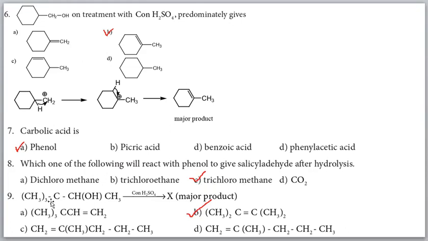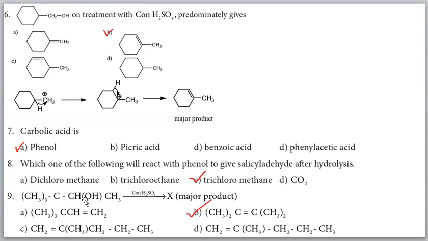Okay, then you see this compound, one organic compound, an alcohol is given, concentrated sulfuric acid, X gives the major product. So an elimination reaction takes place. Now you see this OH combines with one hydrogen from here, so we may get a double bond here. If we get a double bond here, on this side we will get CH2. So this side no branches, this side only one branch is there.